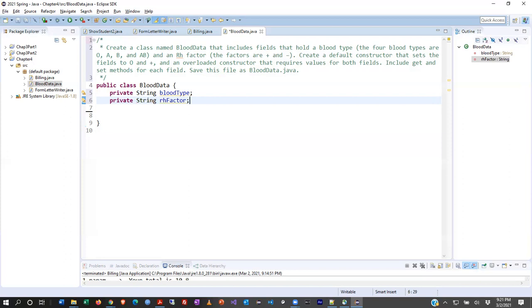And then it says create a default constructor that sets the fields to O and positive. So blood type O and RH factor positive. A constructor inside of a class is really simple, folks. The first thing is you just name it the same as the class file. So I'm just going to name it BloodData exactly the same way. And in this version, we're not sending anything in. This is what we call the default constructor, one that does not require parameters. And all I'm going to do is set